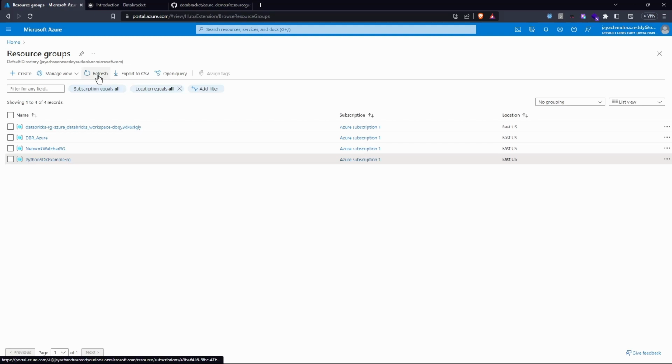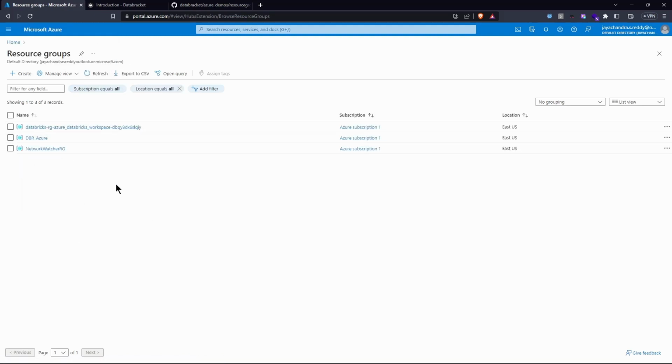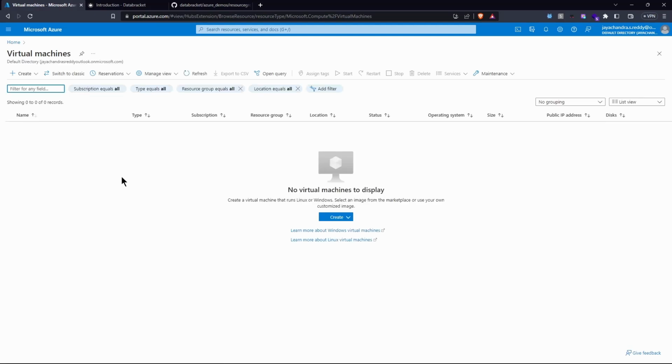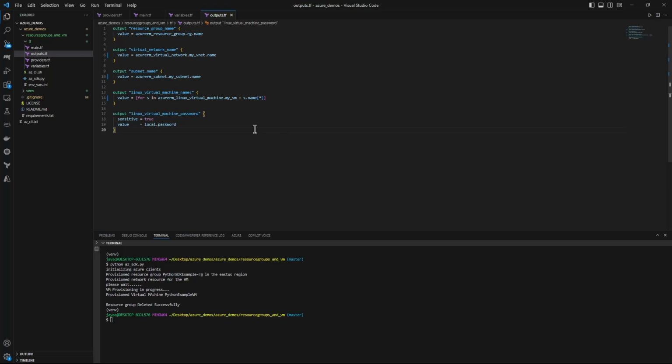Close this, refresh. Yeah, our resource group is gone. And let's see if the virtual machine is also gone. Good, so that is out of the picture now. So let's do Terraform init. This will download the Terraform provider from the HashiCorp portal, and it will keep that provider in a .terraform directory inside this. So once I run this,